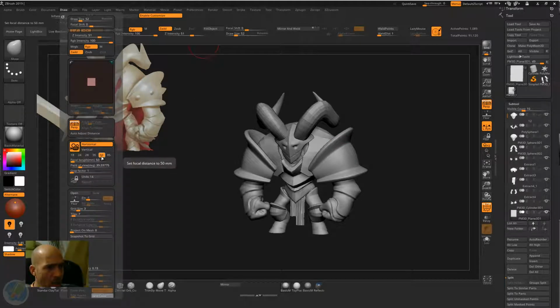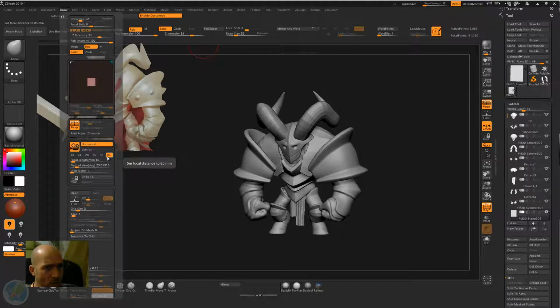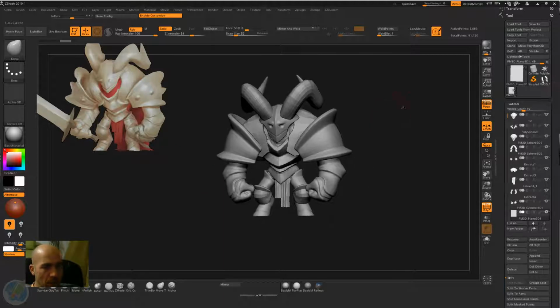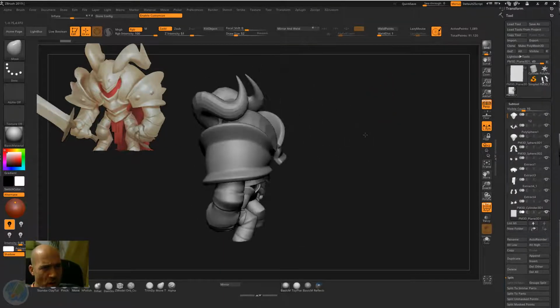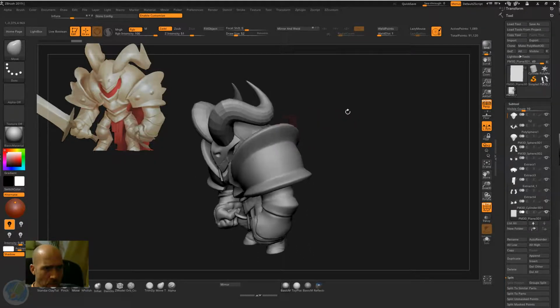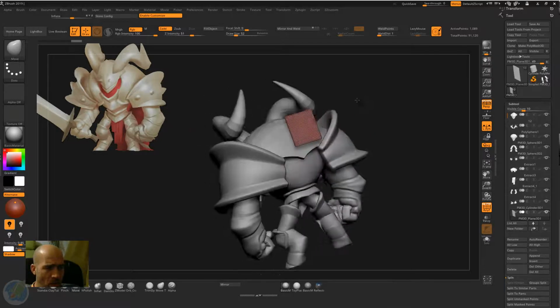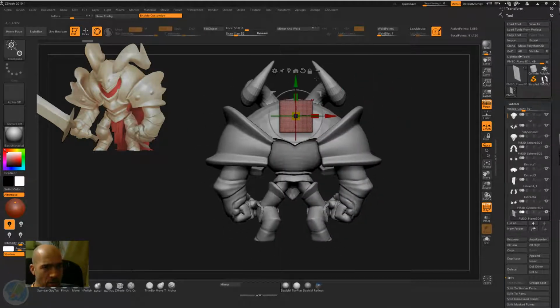The perspective now is 50. By some standard it's 50. If we do it 18, it will be super big. If we do 85, it will be very moderate. 50 is, for this character, kind of good. But this is, I'm just showing you how to make this. Then I will go to this plane here and make it double. When I make it double, I will be able to see it from whatever. And now,